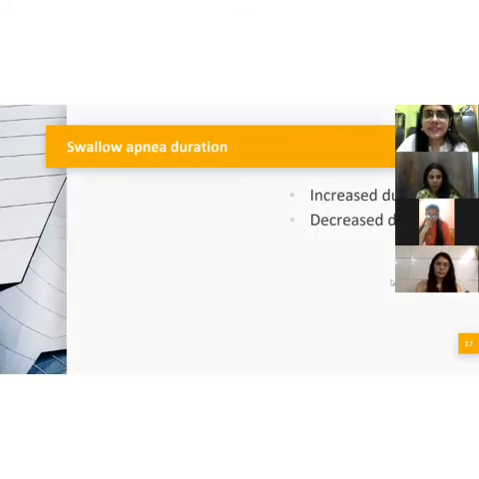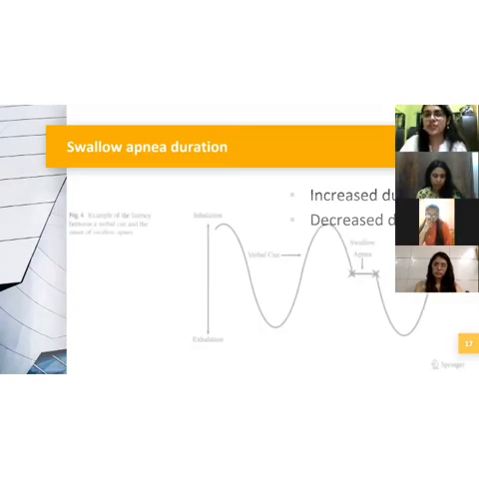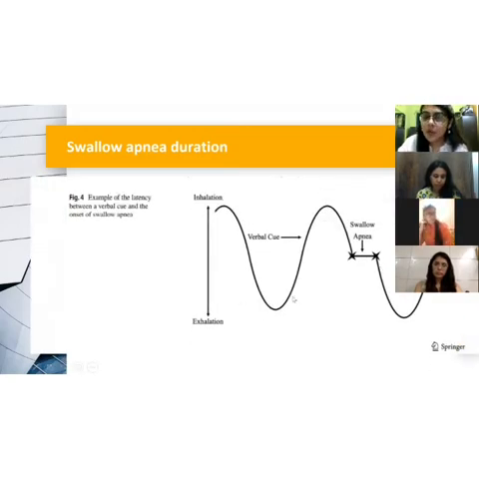So this is it. And the next one is swallow apnea duration. Again, this was increased during low exhalation and decreased during high inhalation. So it was increased during low exhalation. If I give the cue over here, it's again going to start over here, which is kind of wrong. And if I give it over here, then it will properly start at this phase, which is optimal. We want this to happen. Okay, and the duration will be appropriate.